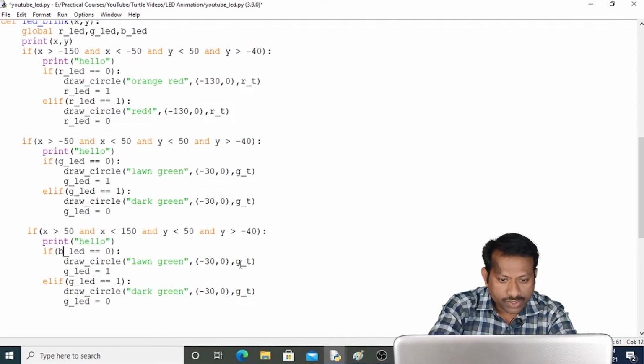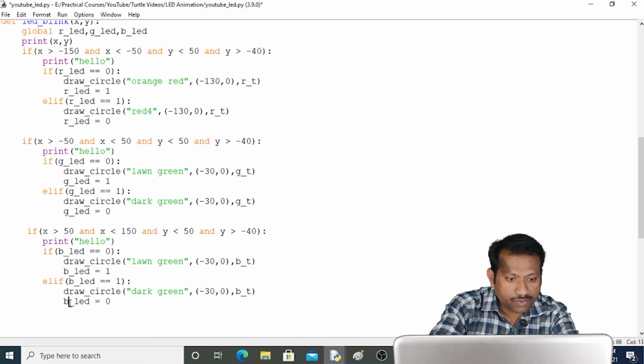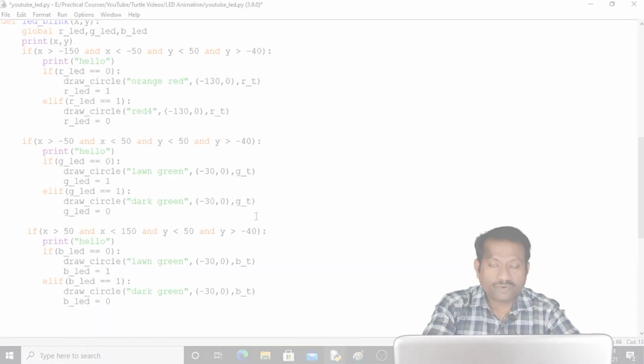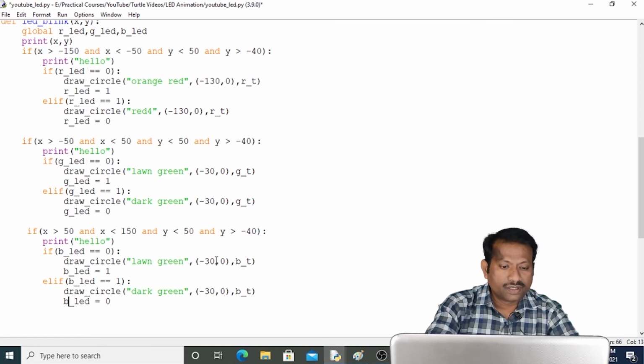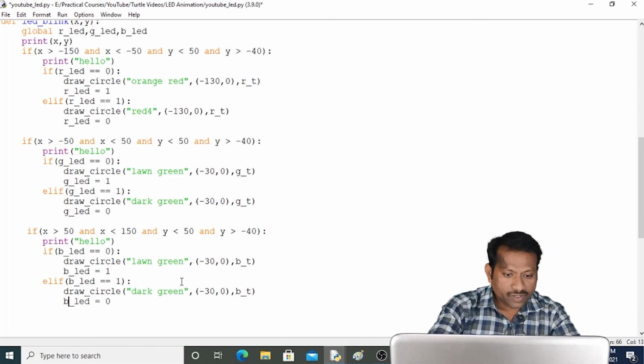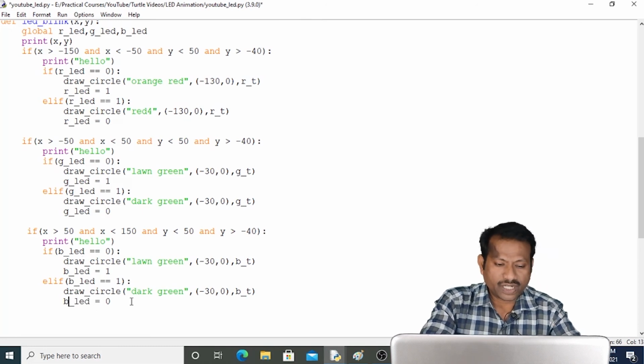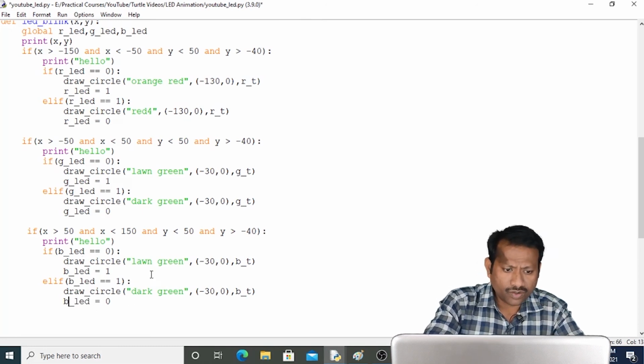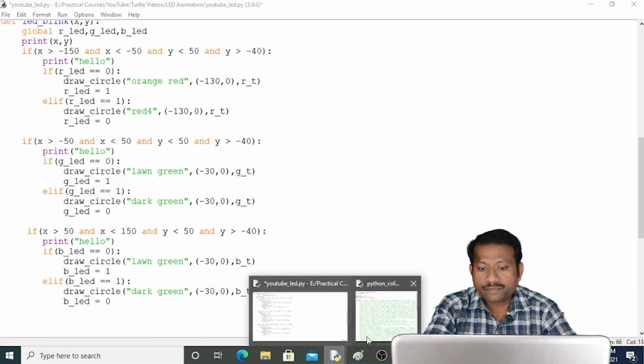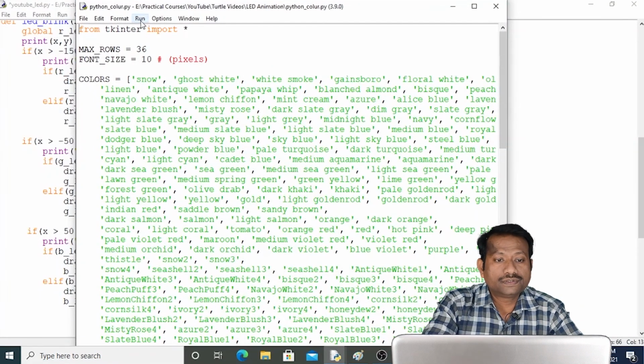Here we have to change the color also, that we will see from color program. Blue. Here every green LED has to be replaced with blue. When we copy and paste the program, some changes we forget to make, and that's why it results into error. This always happens with programmers, so that is a common mistake. Now this color has to be changed, so let me run this color program.